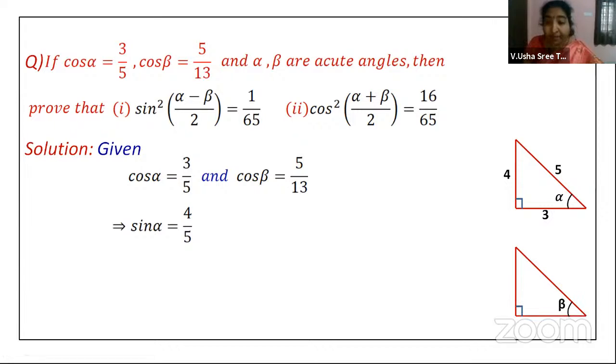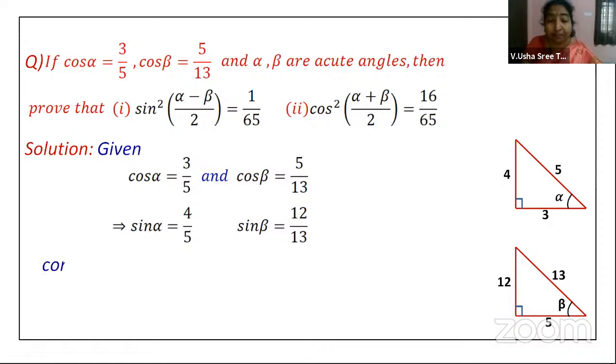Then we will take beta. When we take beta, adjacent side is 5 and hypotenuse is 13. So opposite should be 12. 12 square, 144 plus 25 gives you 169, and when we take square root of that, you will be left with 13. So we have sine beta is nothing but 12 by 13. Now we have calculated what is sine alpha and sine beta, right? Then we want some angle with alpha minus beta, children. So just to start with, we will